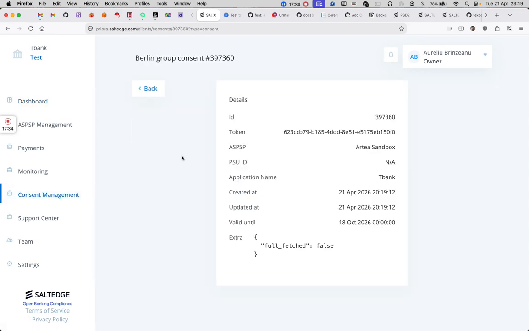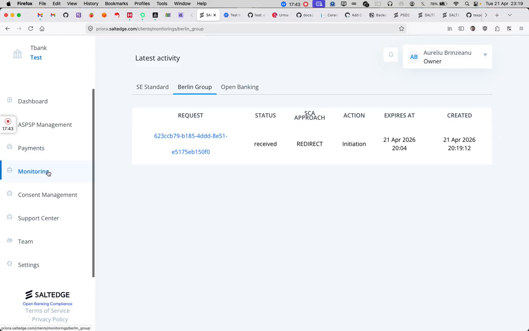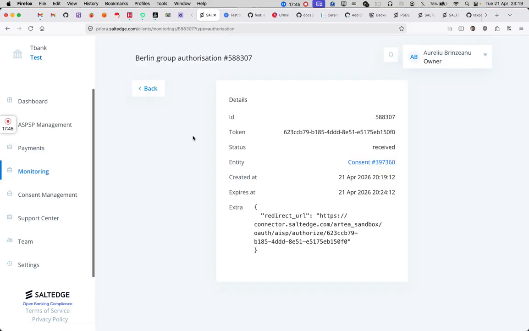The consent management also doesn't display this redirecting URL, but I hope we'll find it here in the monitoring. Here it is,